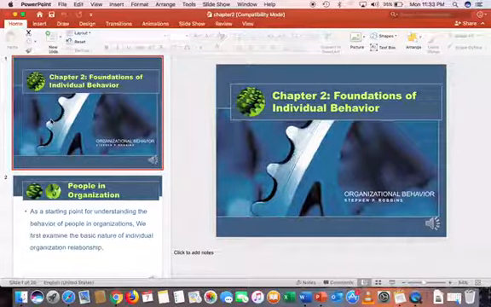So we begin in the name of Lord, the merciful and compassionate. What is individual behavior first? Individual behavior means how an employee reacts or responds in a given environment. It means that if a change comes in an organization, what will be the reaction of an individual? Or if a policy is changed, what will be the opinion or reaction?